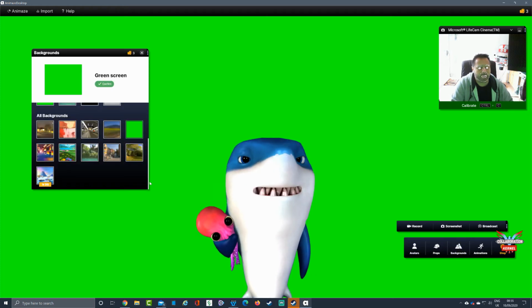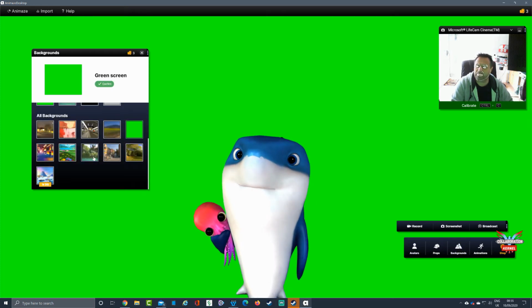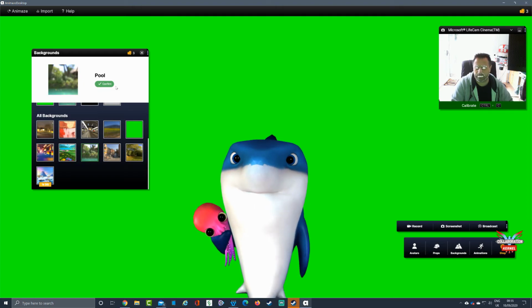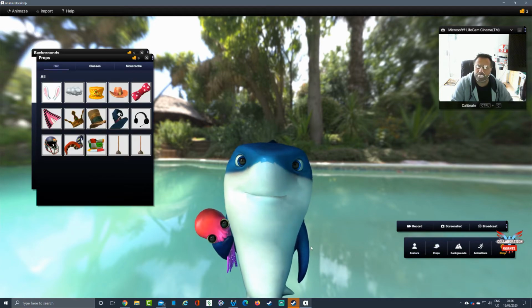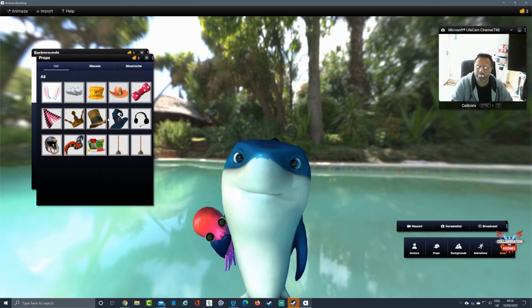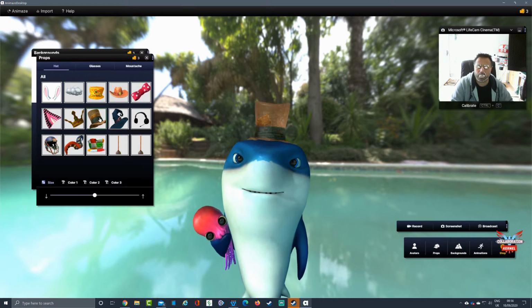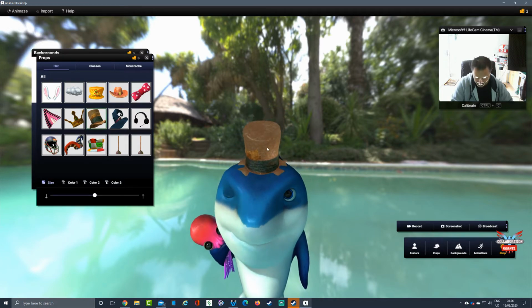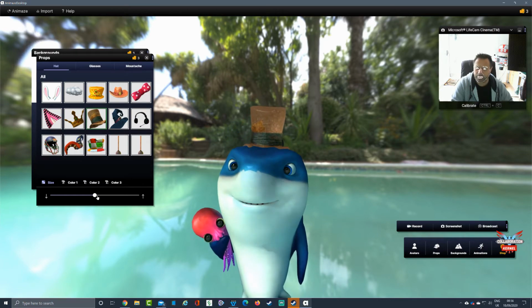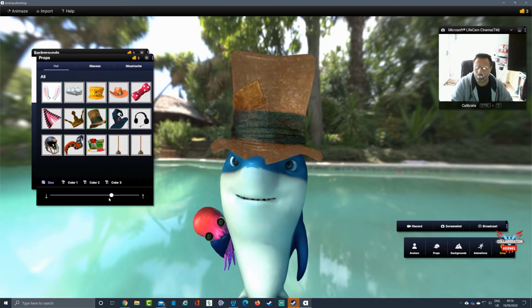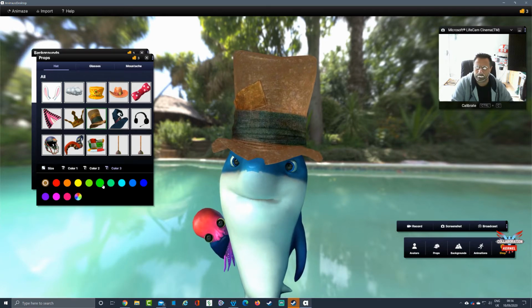What's next? We talked about animations, we talked about backgrounds, we talked about avatars. Let's talk about props. Okay, props took a bit of messing about to handle in Facerig. I can honestly say within Animaze, they're better. So if you want a hat on your shark, there it is. Only so if I put my head down, you can see the hat has gone right on there. You can make the hat bigger if you want to. You can change the colours, you know,